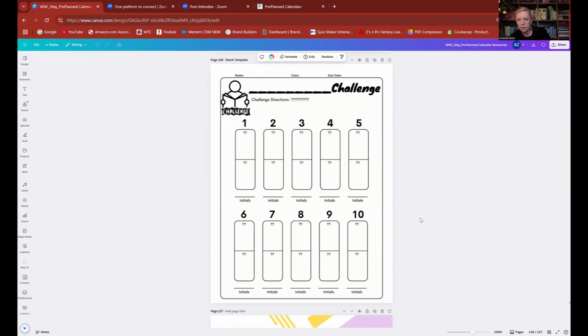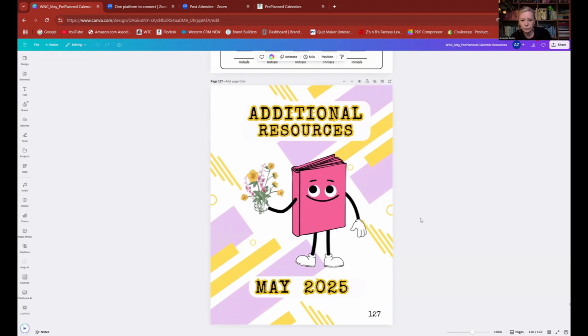So this is a 10 by 10 challenge, but maybe you want to do this again, or maybe you want to do this differently. Maybe you want to have them read in 10 different places, or maybe you want them to try 10 different genres and formats. But I give you that sheet so that you can continue to brainstorm and think about what other types of challenges you could apply this to. All right.